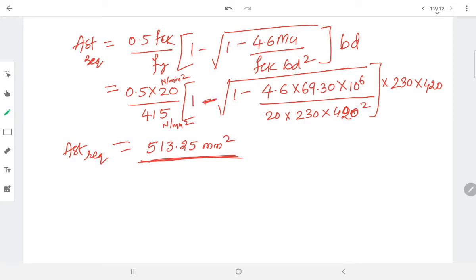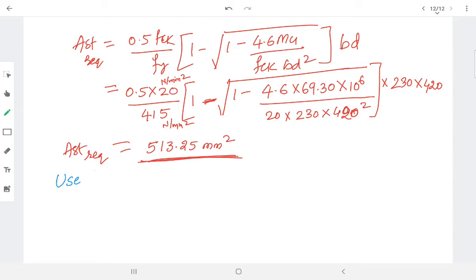As I said, the reinforcement bars available in the market are 6, 8, 10, 12, 16, 20, 25, 32. Okay, so you will not be able to say, you provide 513.25 mm square, even though you will not get the exact value of the reinforcements. So that's why I will use the number of bars instead of this one. I must say some value to the mason, or I must give him a drawing, working drawings. There I cannot mention 513 mm square, because at the site the mason cannot calculate the number of bars, how many bars to provide. He will be in a dilemma.